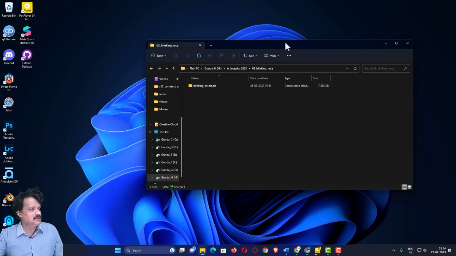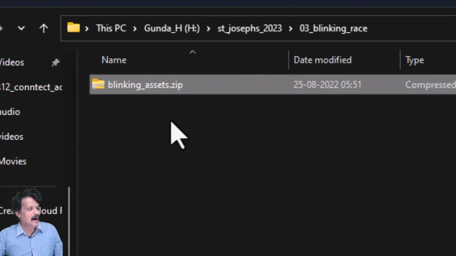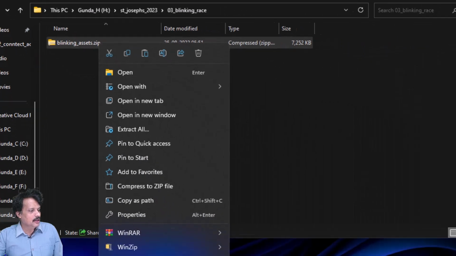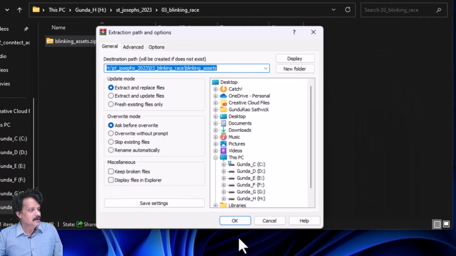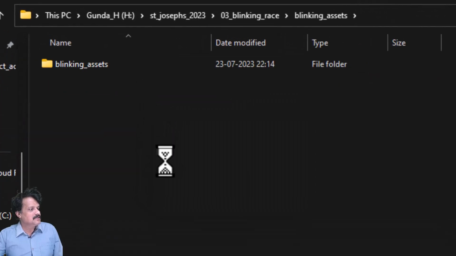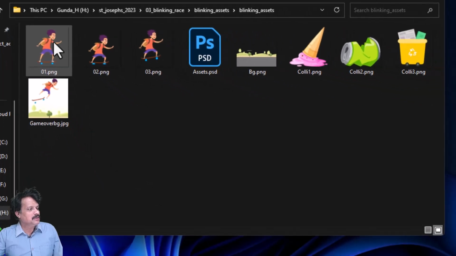With this concept, I have provided you with some assets. Once you download these assets, I will show you. I have given one blinking_asset.zip file. You just right click on it and unzip it. When you unzip this file, if I open blinking assets, you have three